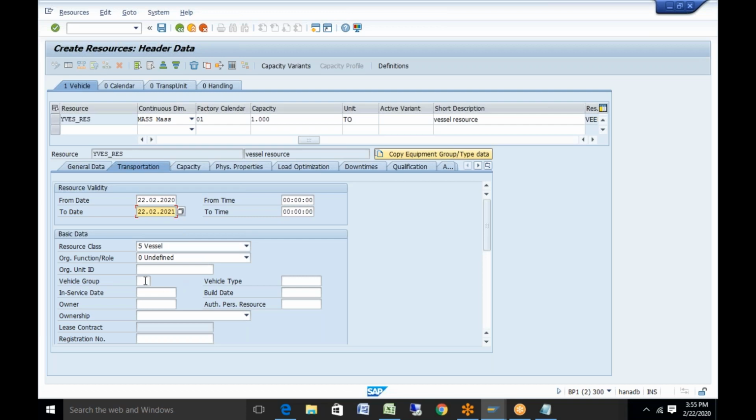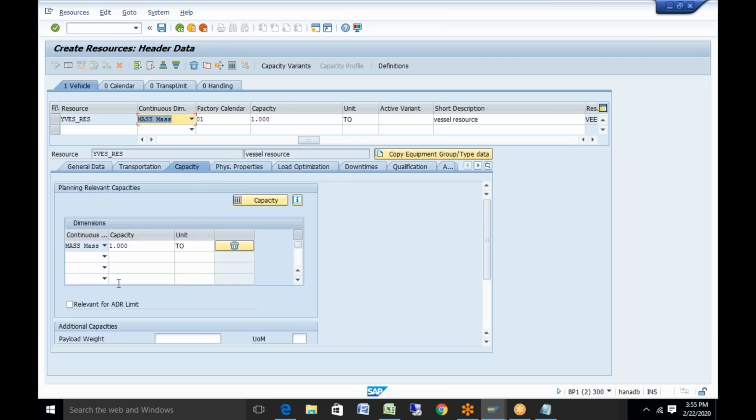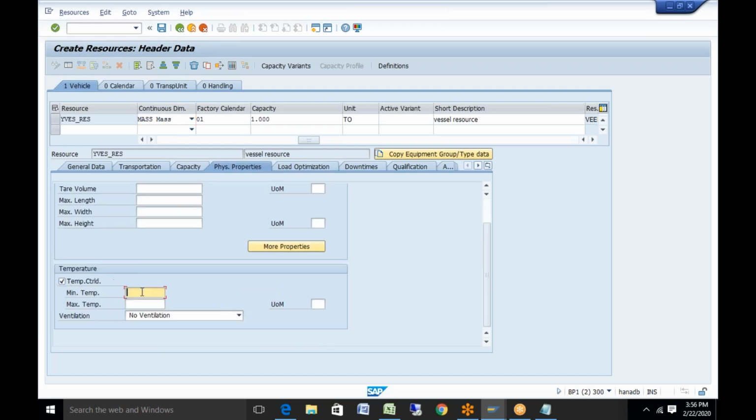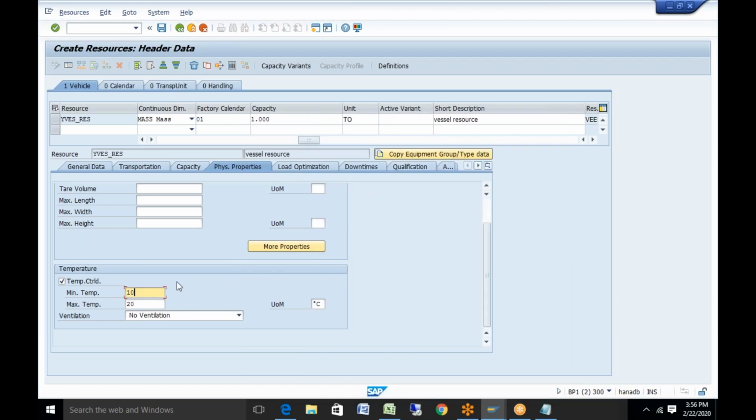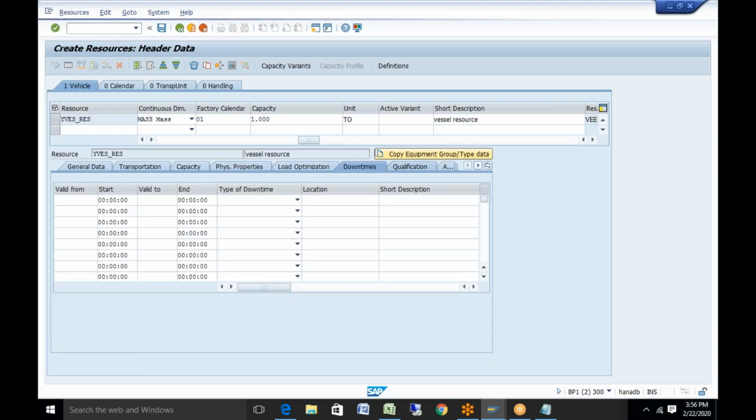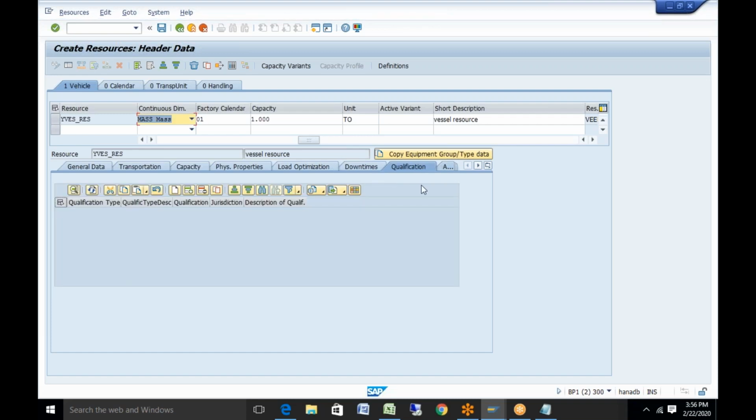And I just give the ownership as lease resource. I give some registration number. I can give some properties. I say it's temperature control, 19, maximum temperature is 20, and here is the degree Celsius. If you want to give something, you give or keep it blank. That's it.